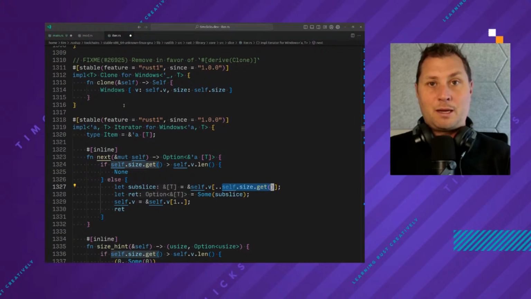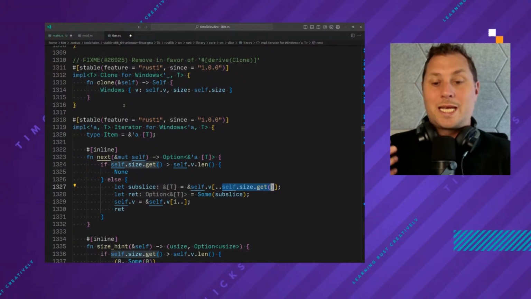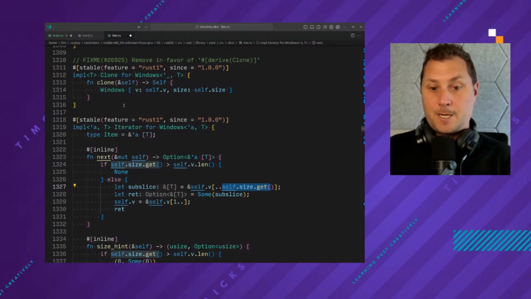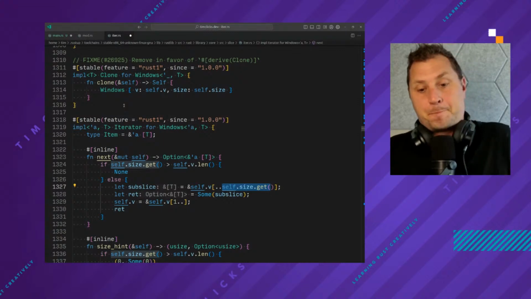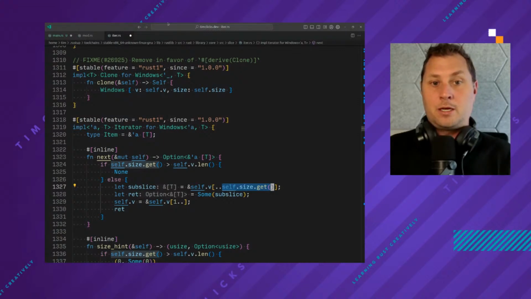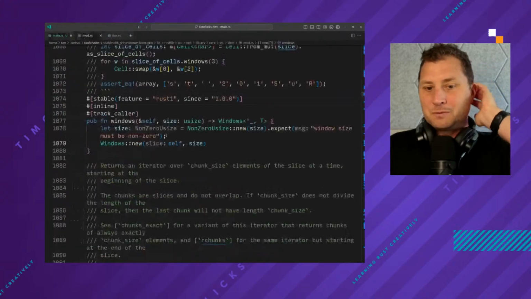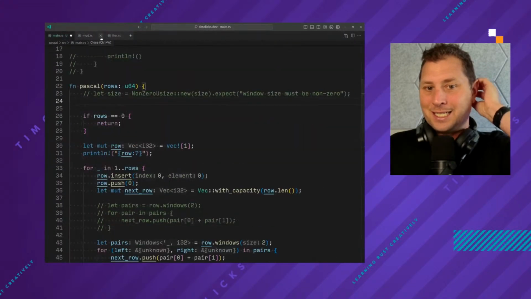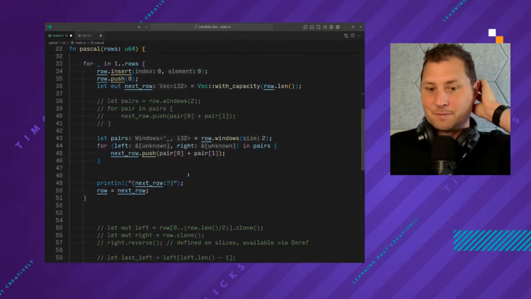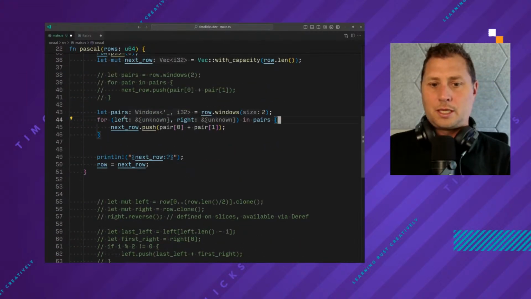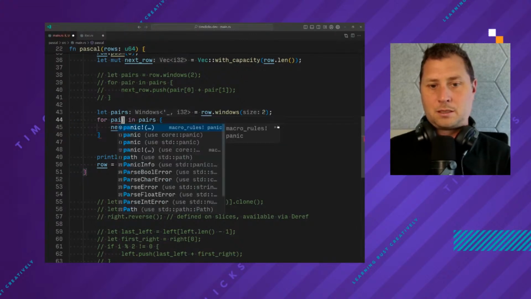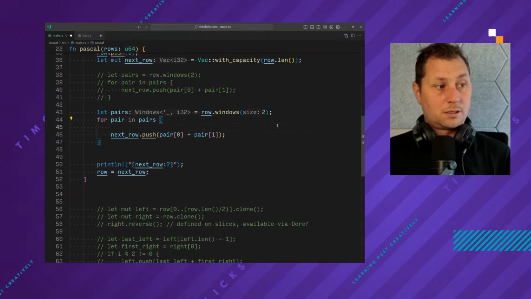And because this is of arbitrary length, again, we cannot use tuple destructuring. It's possible we can do something that's slightly interesting, though. So pair in pairs is